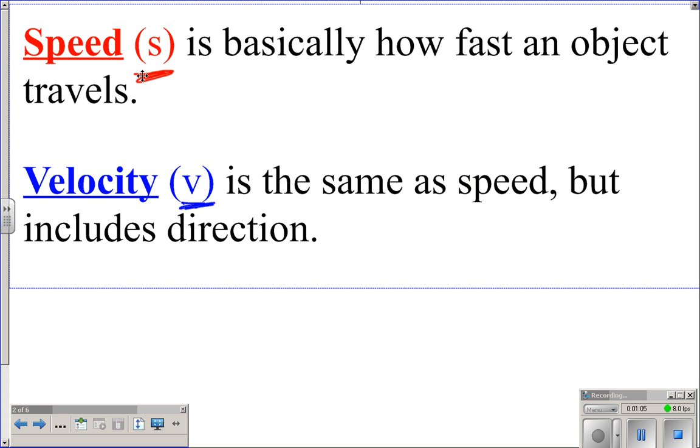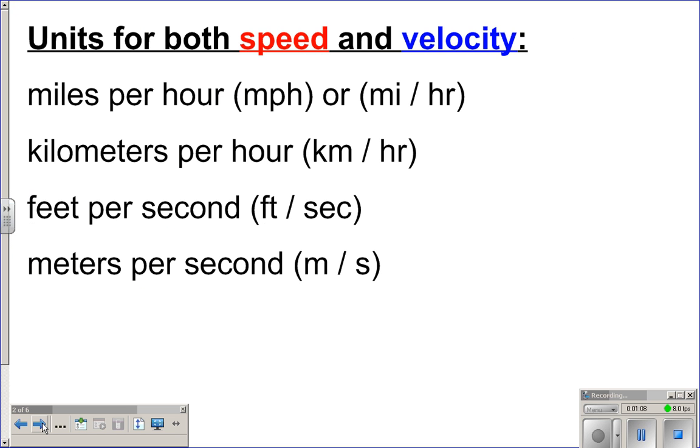All right? So let's again talk briefly about units. If you're driving down the street and I say, hey, what's your speed? You're going to tell me how many miles per hour you're going, right? And hopefully this makes sense, right? Because the faster you're going, the more miles you'll go per hour, right? Every hour that you travel, you're going to go more miles if you're going faster, right? So when we measure speed and velocity, the units for either speed or velocity are always some unit of length